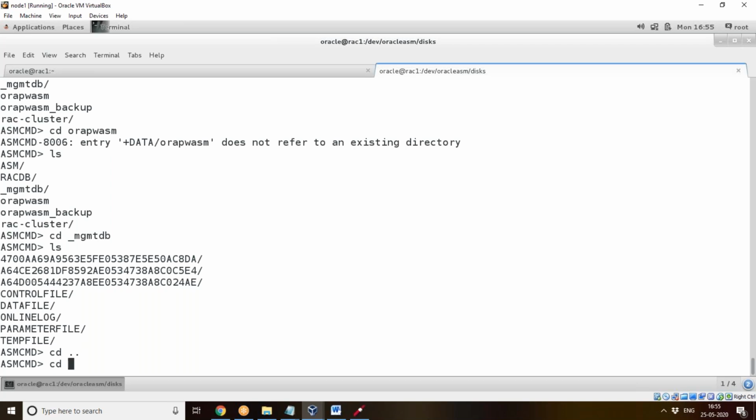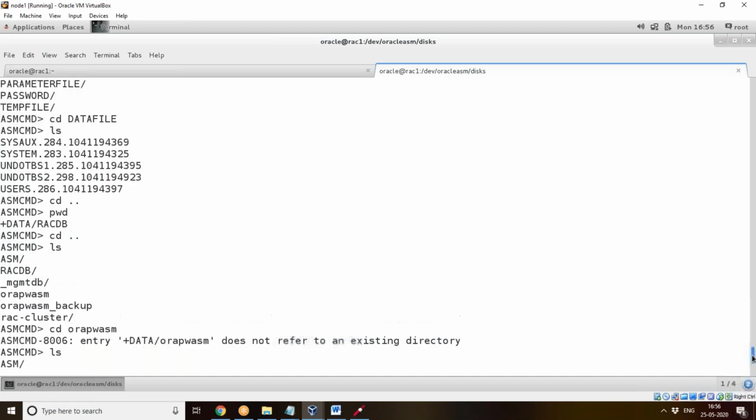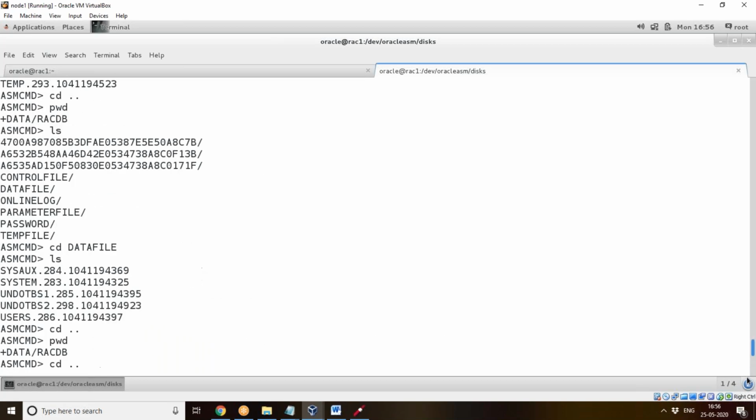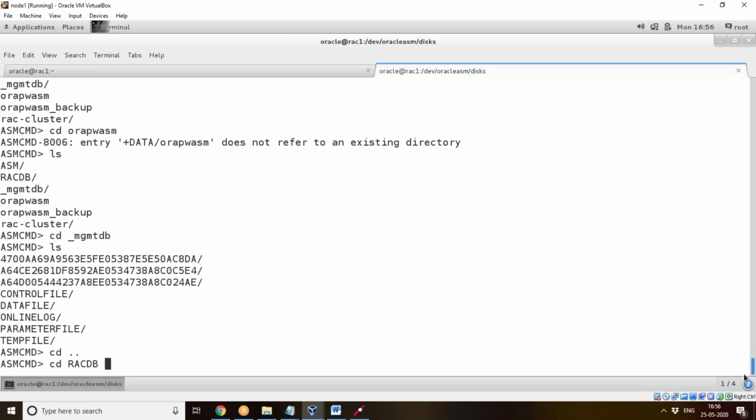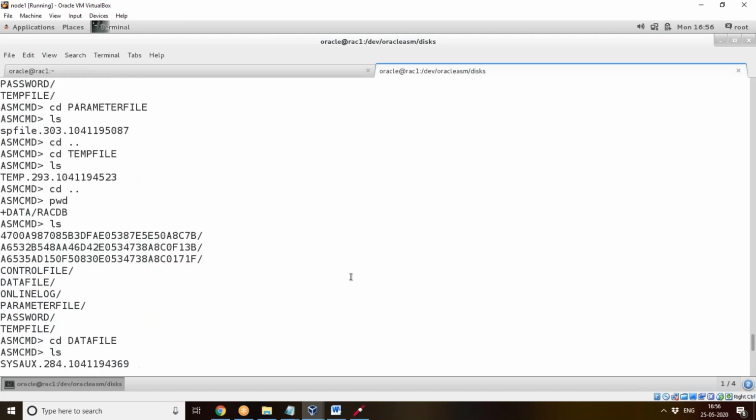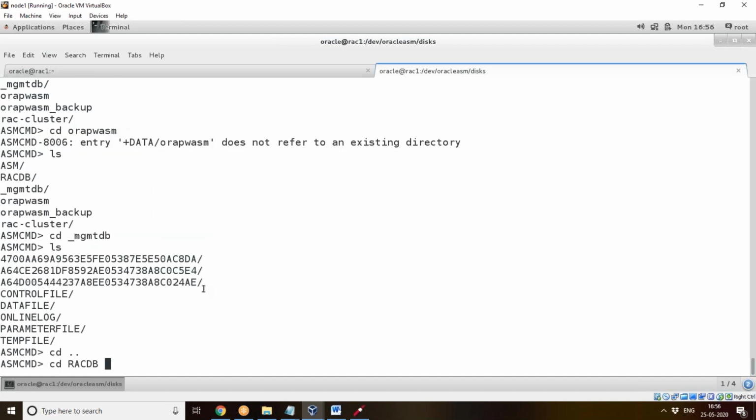These are the same files like which are present in RACDB? Yes, because, no, similar files, not same files. Similar, because if you check here, you can see the last one, 7B is here, DA.